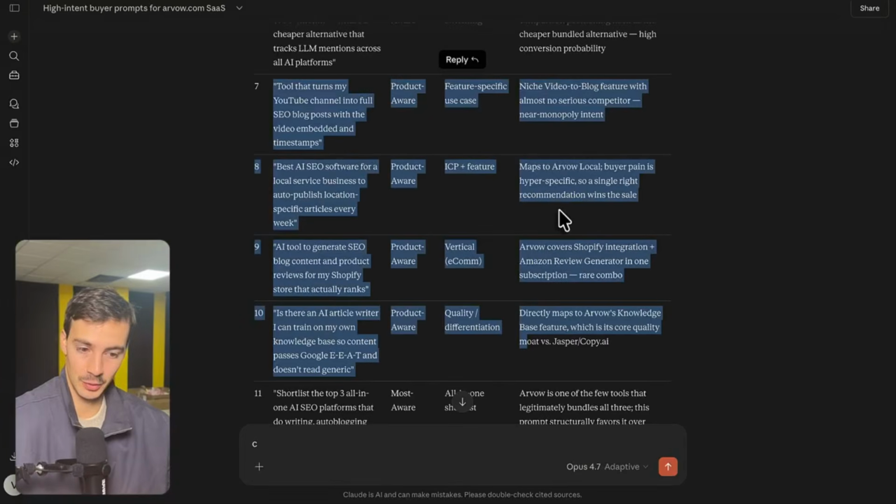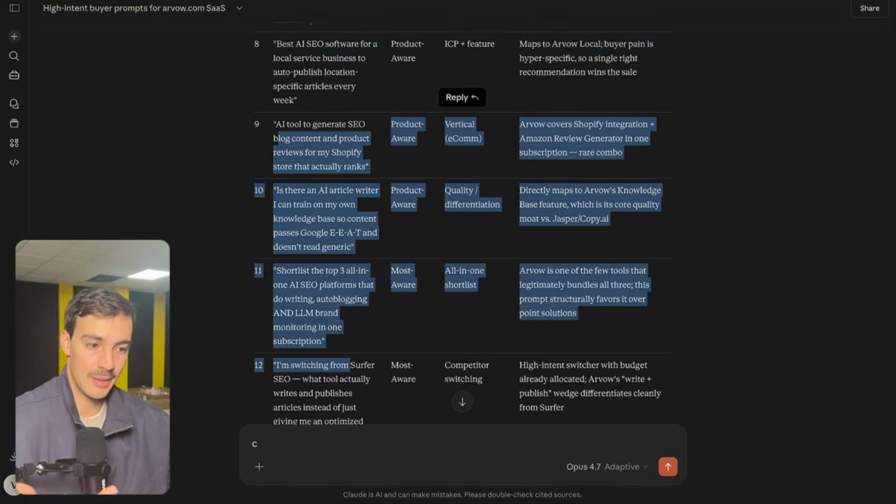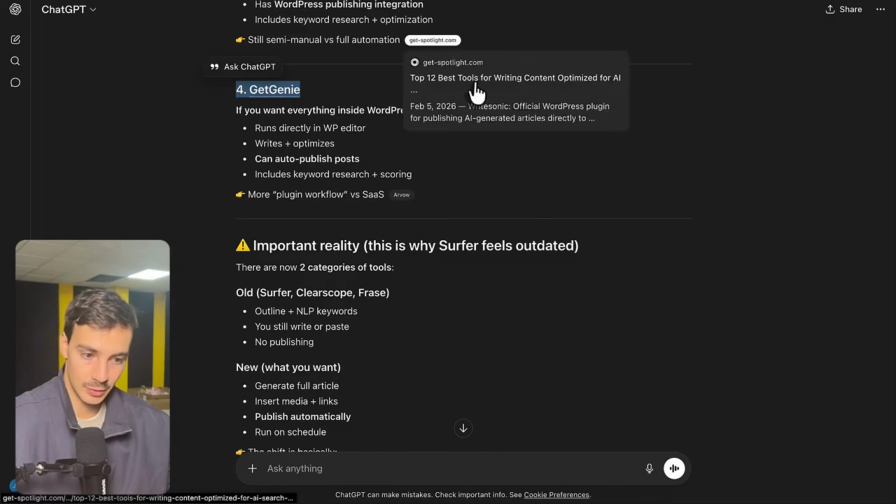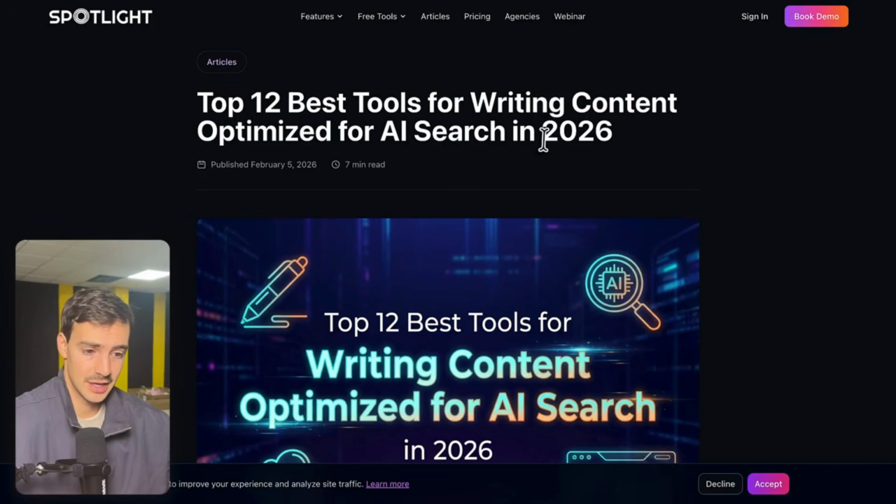So use the mega prompt, comment the word prompt, and take the prompts it sends you, paste them into ChatGPT, paste them into Claude, paste them into whichever LLM you want to use, right? Look at the sources, right? And then final step, which is the easiest step, okay, don't overcomplicate this, is to just get in touch with